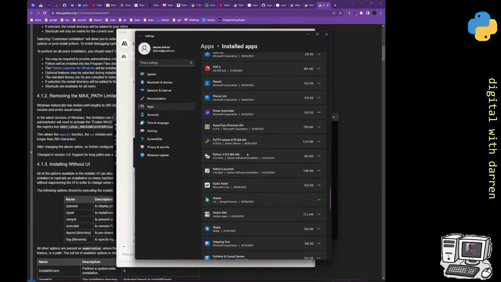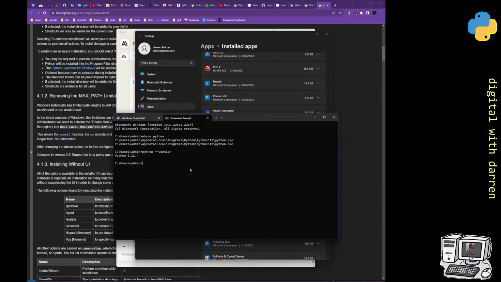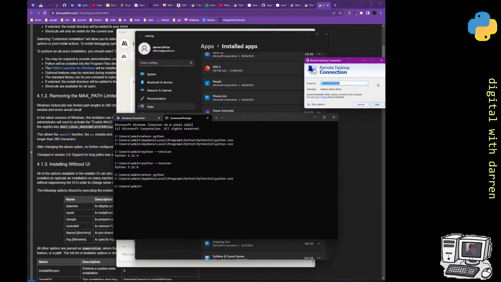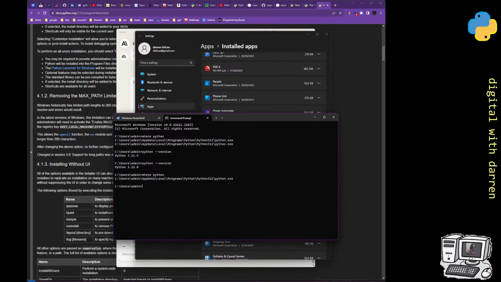Hit close on that, and so now I've only got one version of Python. If I go to the terminal and I do this, and now it's forced the version 3.12 on the version, and also if I do a where of Python, I'm presuming that, yeah, I just get the one version of it now. So that's one way of doing it. It wasn't the ideal way that I was hoping to get to. I don't want that one. I was actually going to look for the